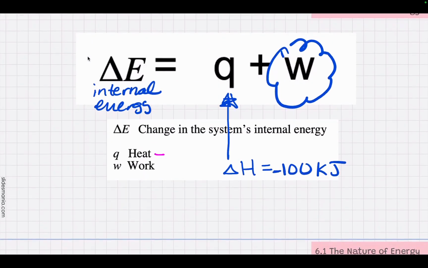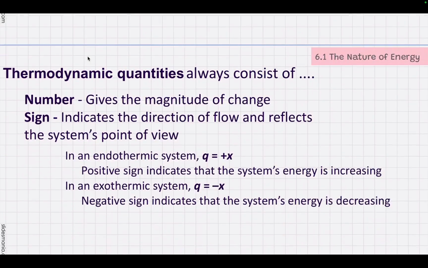So delta U, the change in internal energy, equals q plus w. The q would represent the kinetic energy and the work would represent the potential energy. So you're adding the q value, which is also equal to delta H, assuming constant pressure. So how much energy is either absorbed or released during the process. And then work, I'm going to show you how to calculate work in a second.